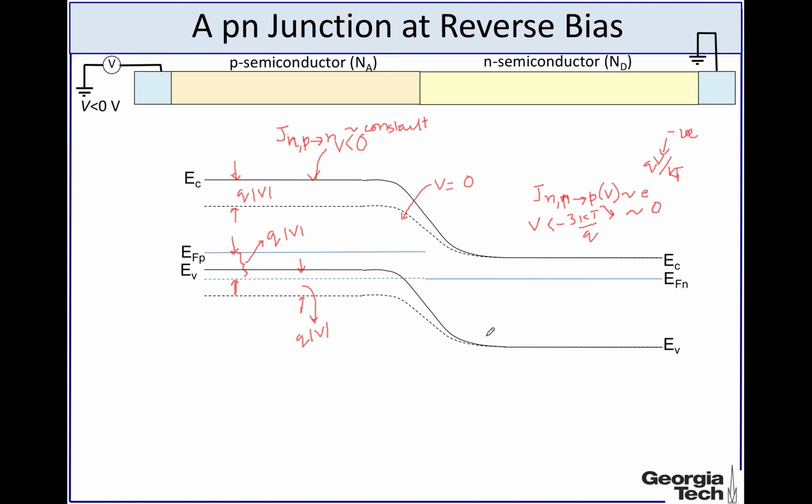And similarly for this case, the current carried by the holes moving from the n side to the p side will almost remain constant, independent of V, whereas the current that flows due to the holes moving from the p side to the n side will be almost 0 as long as the voltage is more negative than KT by Q. So if I plot the current-voltage characteristics here,